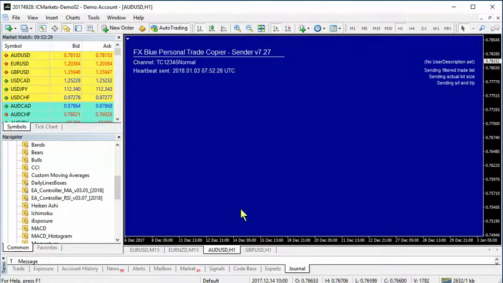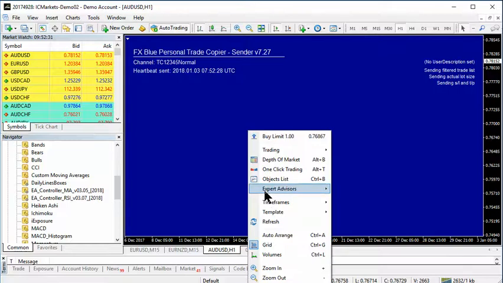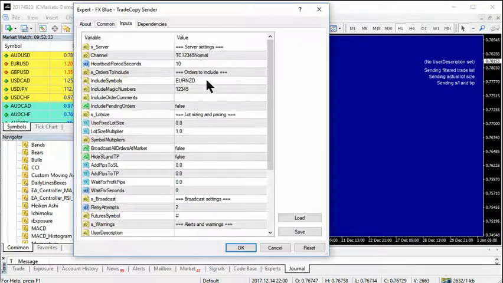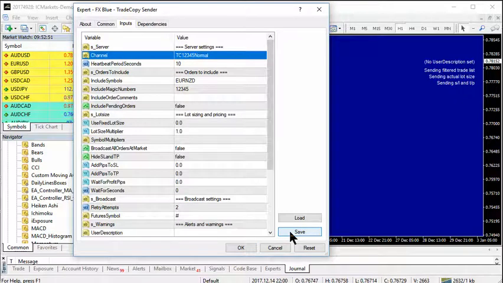Close. I'll go back to here. Right click, Expert Advisors Property. It's this one here. I got it right, but let me just check. It's so easy to make a mistake. So it's better often, rather than trying to memorize it, to physically copy and paste. So that one is now set, and again we can save that as our